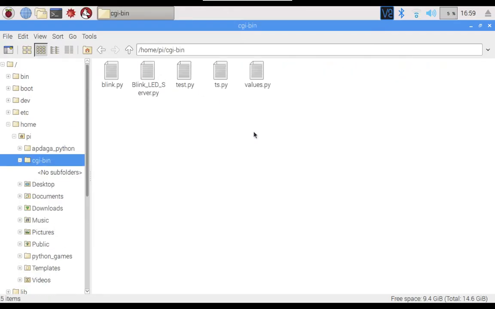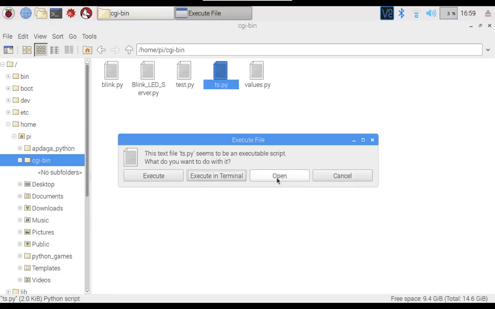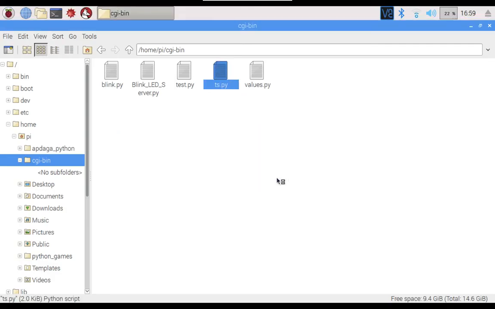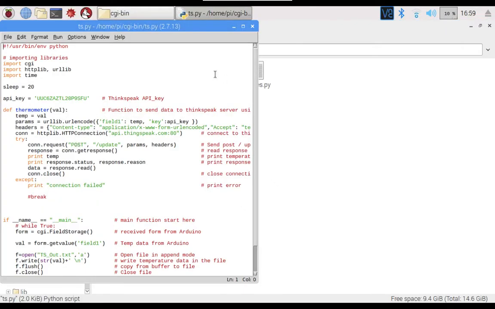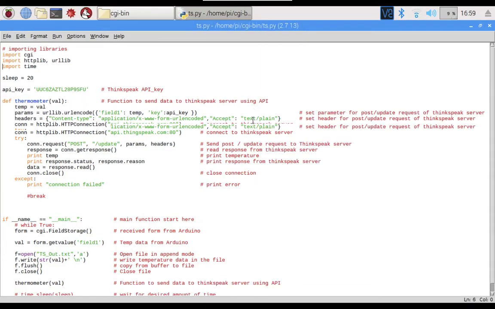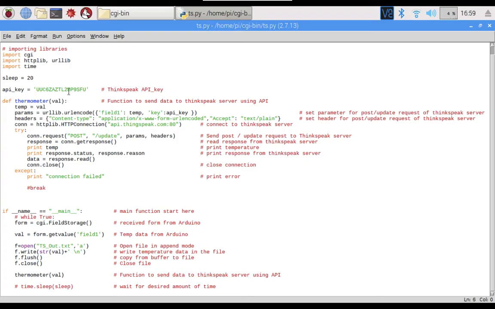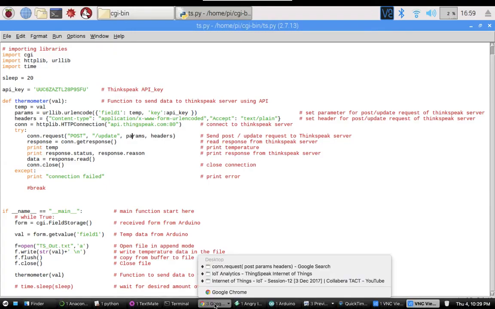The Python script which will be running on the Raspberry Pi is ts.py. TS stands for ThingSpeak. This is the Python file which will be running. In this file you need to change one thing, that is this API key.